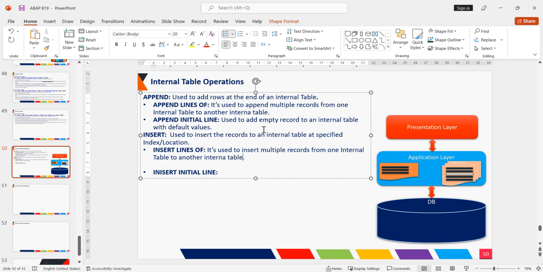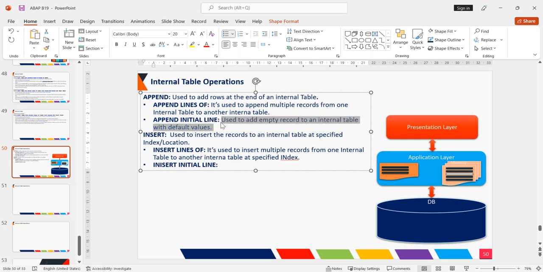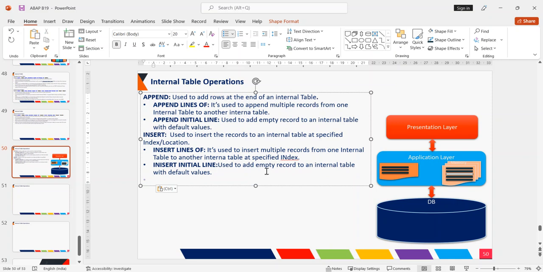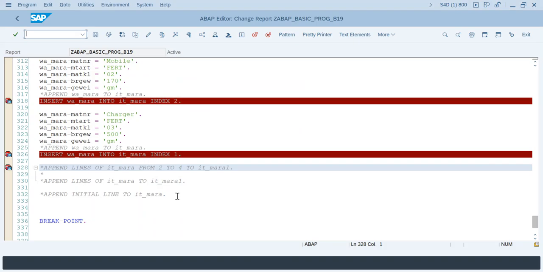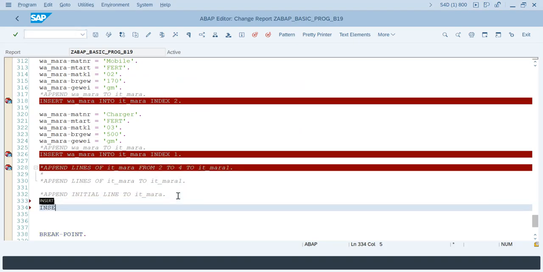Here you can specify where the record should be added. Again, this insert lines of is like append lines of only. The difference is that you specify the position. Now let me show you. So insert